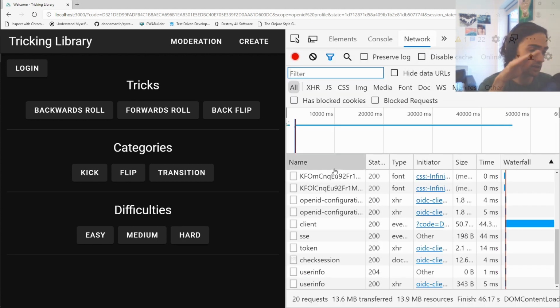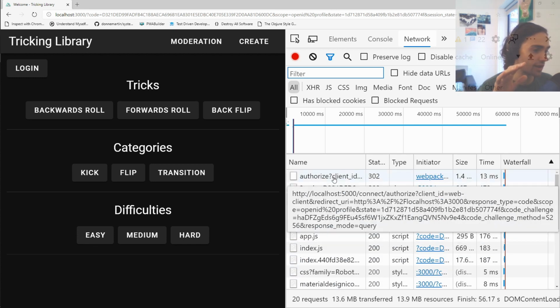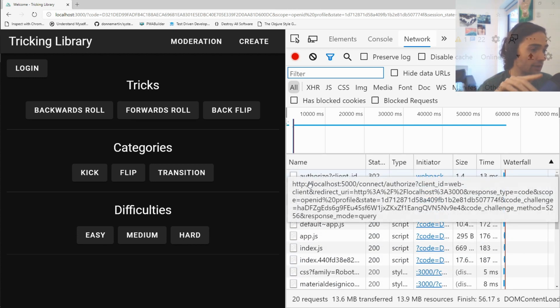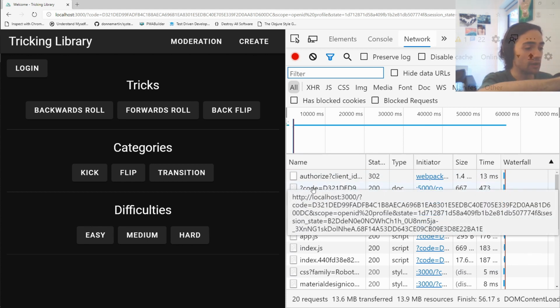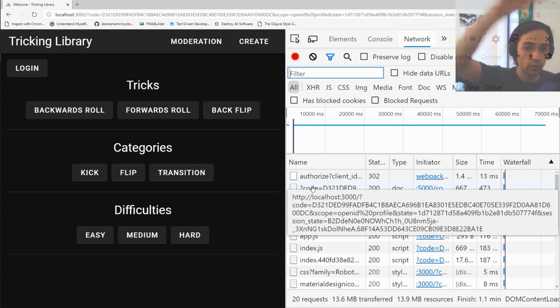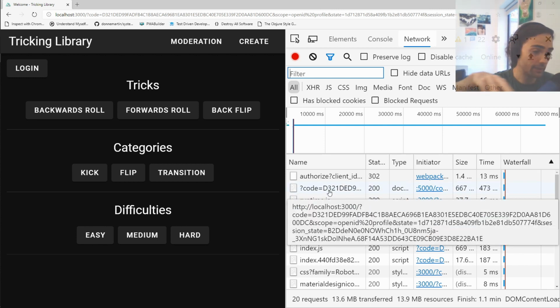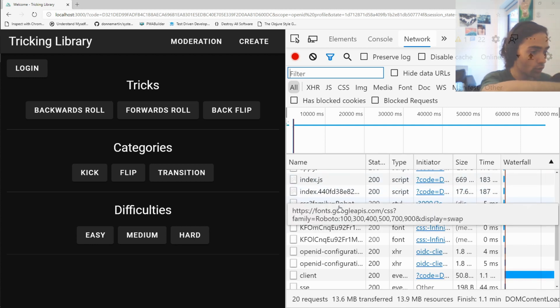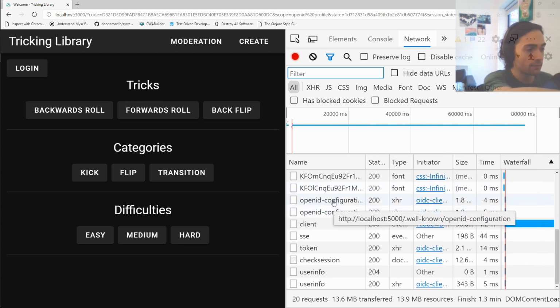Going back to the network tab, this is the important part. These are the things that we haven't seen before. So I'm just going to try to find the authorize endpoint and then the code endpoint, okay? So not the code endpoint, the part where we have the code and we return back to our application. What happens when we return back to our application is it first loads all of our app, and then this is the part where